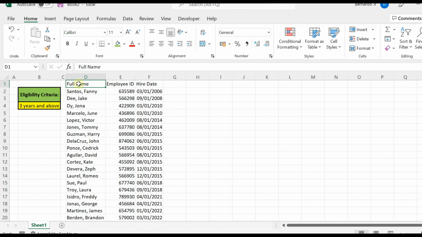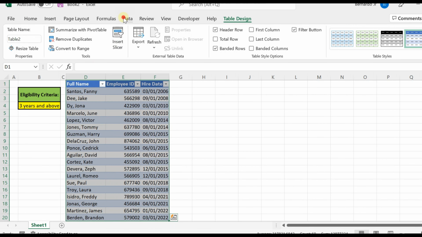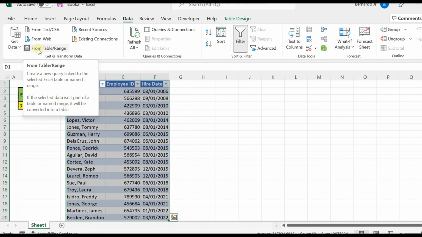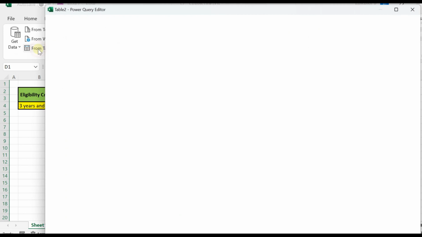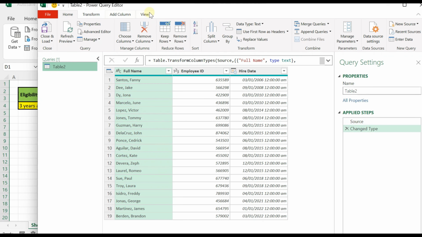So let's go to full name and then Control plus T. Then make sure lang na yung my table has headers is naka-check because yan yung magiging source of data natin. So click on OK and then go to data from table or range and then mapupunta tayo sa Power Query